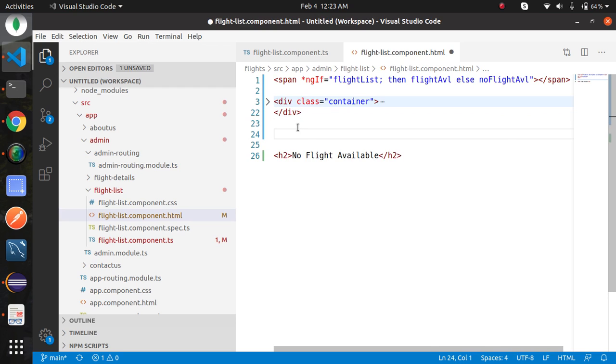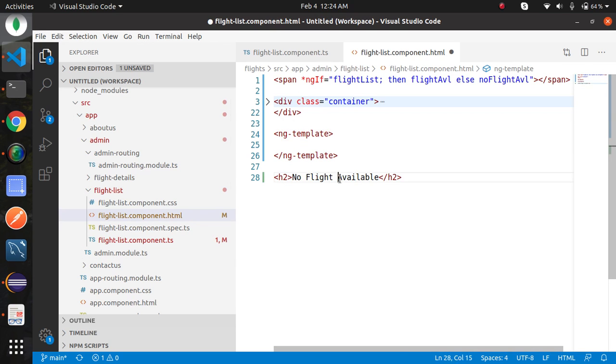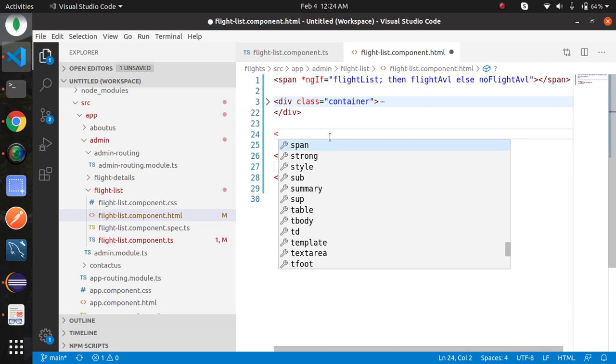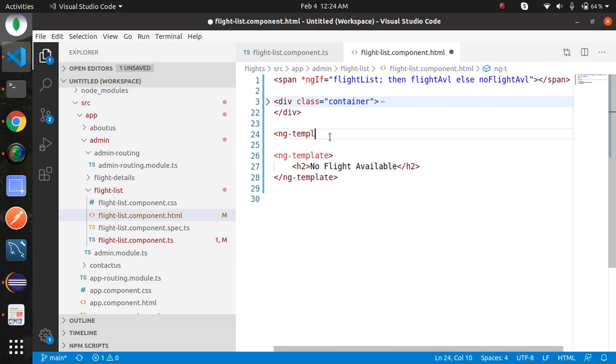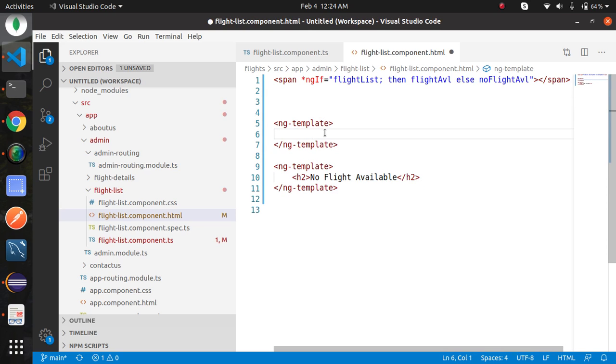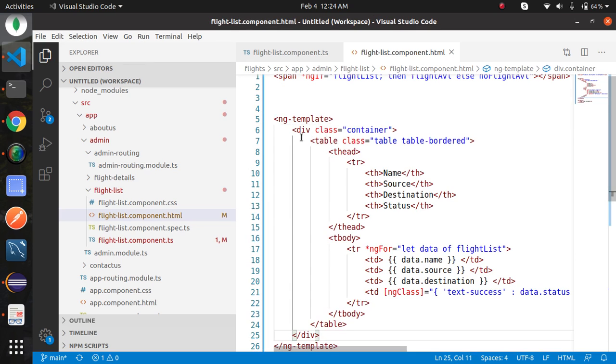Add ng template, copy your no flight available text and paste inside ng template. Add another ng template, copy the container code, paste inside ng template.